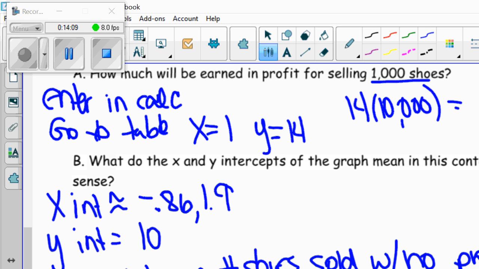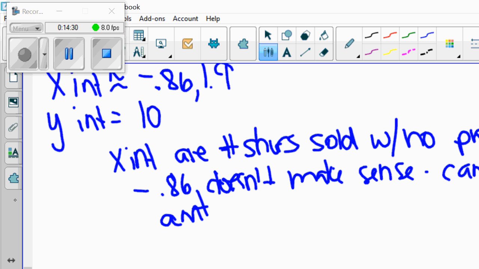A negative 0.86 does not make sense because we can't sell negative shoes, right? You can't sell negative amount of anything. The 1.9 makes sense